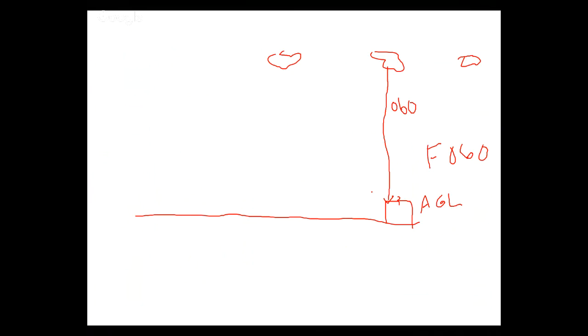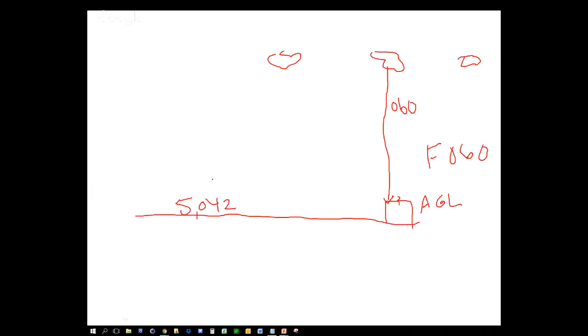Now, your altimeter is calibrated to sea level pressure, and we already know that the airport ground is 5,042 feet above sea level, right there. And because your altimeter is calibrated to that, your altimeter is going to show 5,042 feet when you're sitting on the runway. Now, when you're flying your airplane and you're up at altitude,